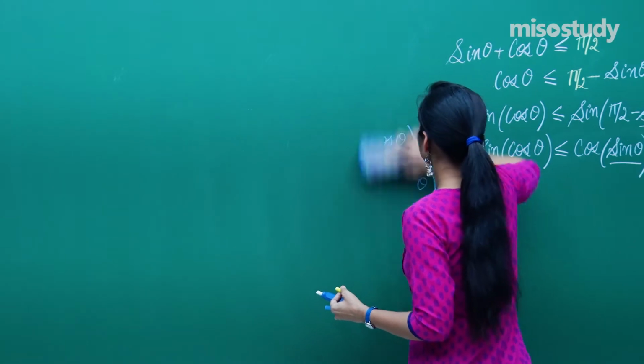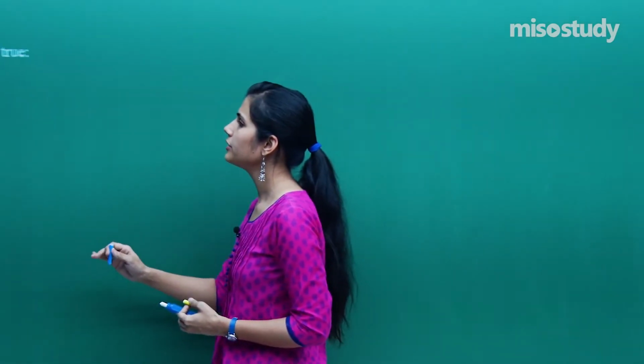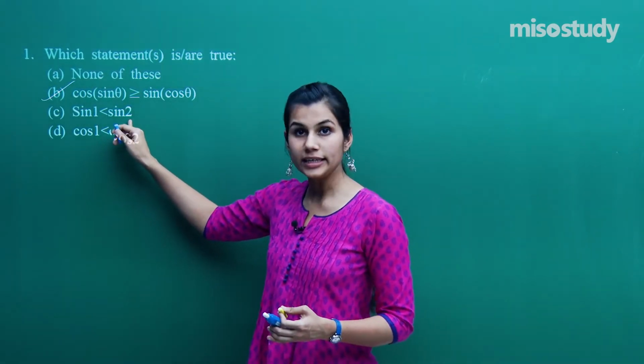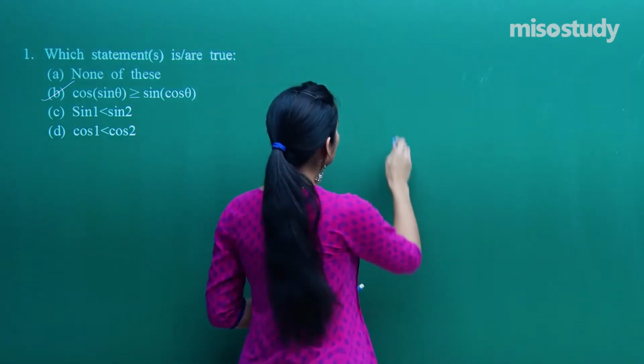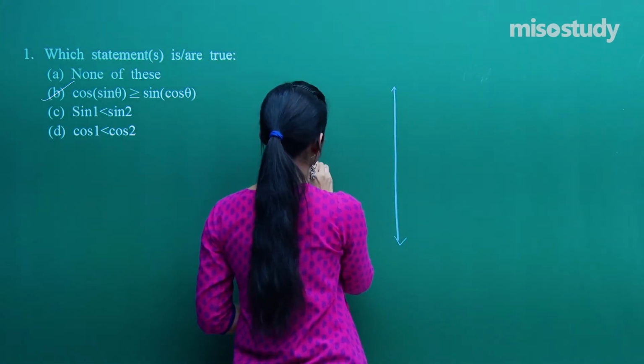Let's try to see. Sine 1 is less than sine 2. Now over here one thing should be clear. If 1 and 2 are given to you, they are given in radians and not in degrees. Fine? Now if I begin to plot the graph of sine,